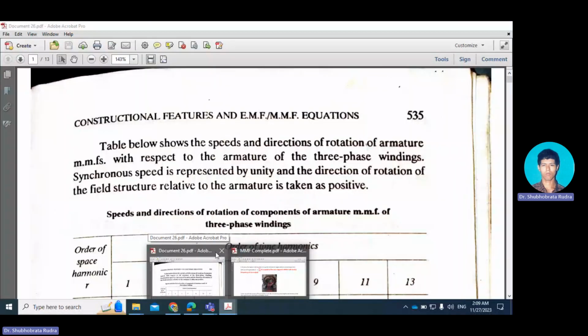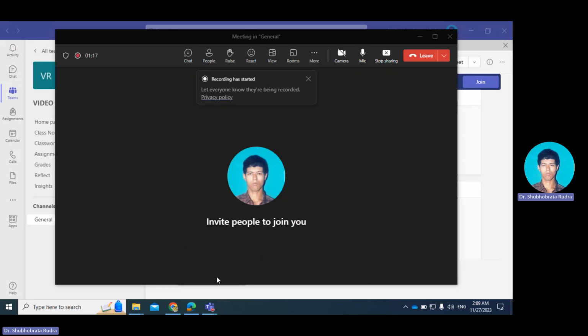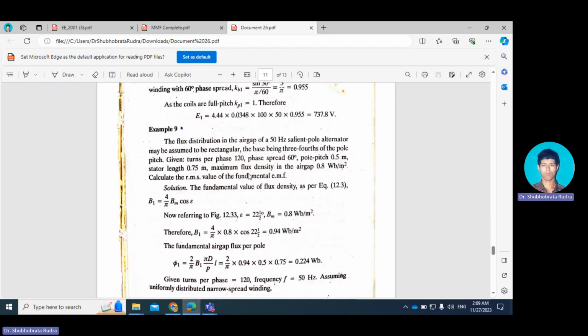Let's start. The first question that I want to answer today is this one. Just a minute, there are some unwanted things that got opened. Let me, yeah. So one question that came from one of your classmates is why suddenly here